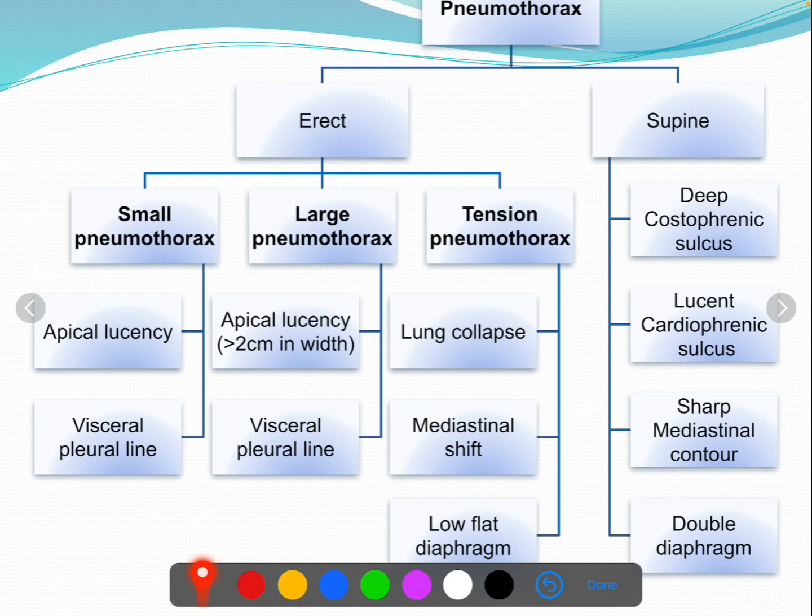And then they are talking about the supine X-ray. In supine X-ray, there will be deep costophrenic sulcus sign, very, very important. So we used to discuss these things in our day-to-day clinical practice. Like in supine position, deep costophrenic sulcus is a very, very important sign. Then they are talking about the lucent cardiophrenic sulcus will be there, sharp mediastinal contour will be there, and